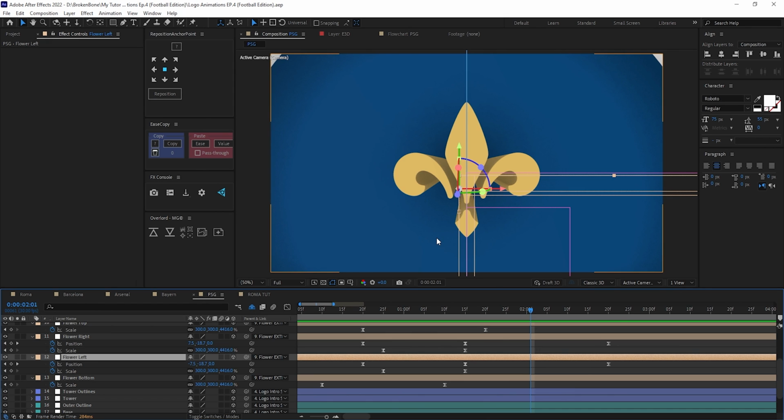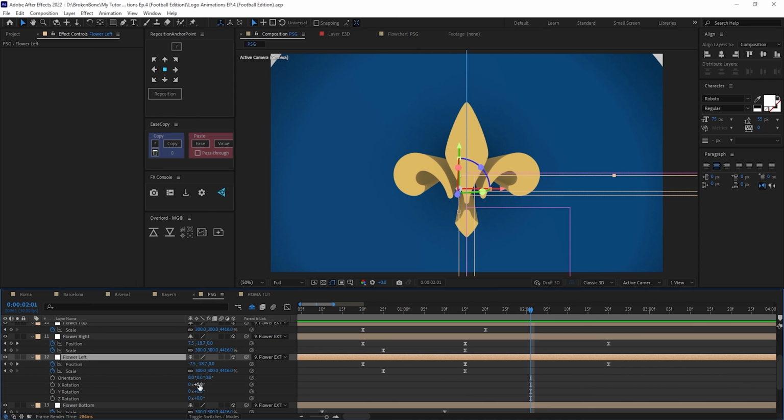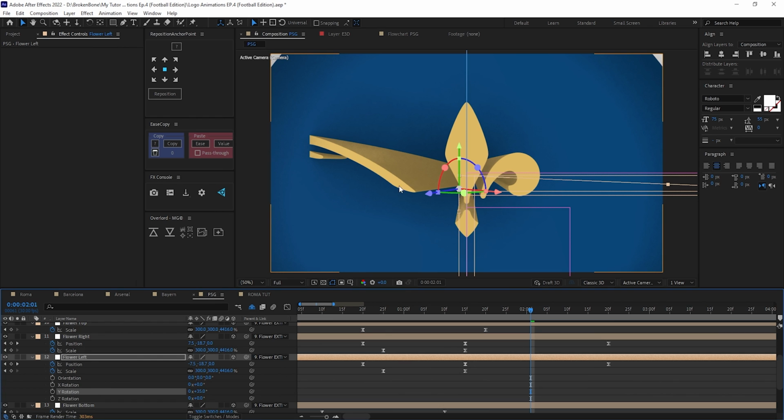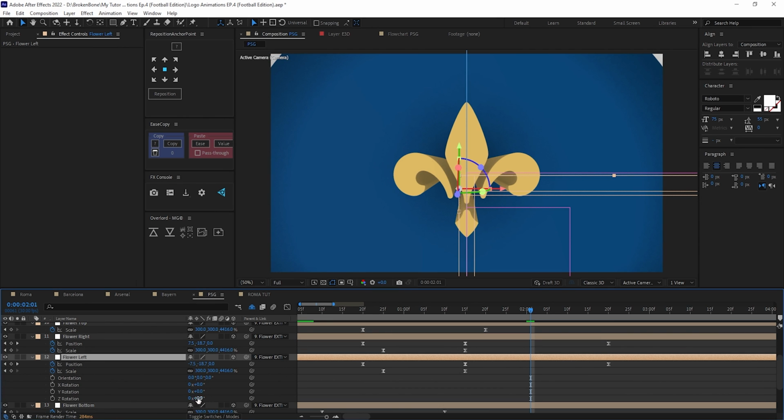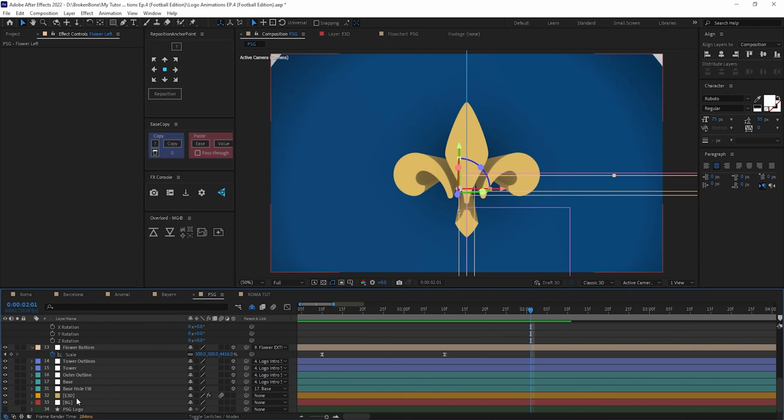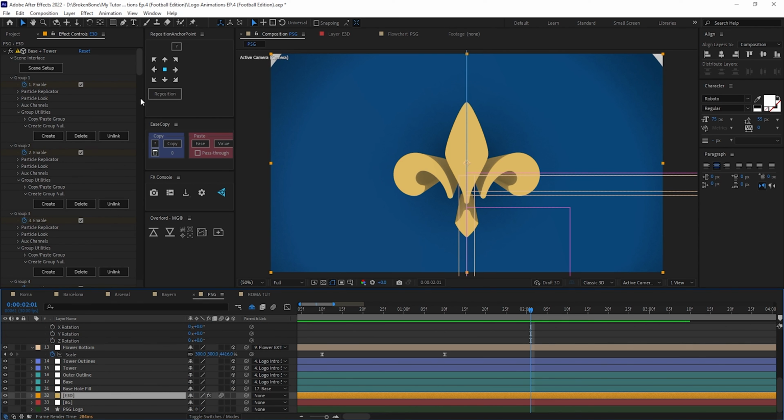For some reason, Element distorts objects when you rotate them while their scale is not proportional in all three axes. Because these flowers are all extruded, they are 300 by 300 on the X and Y, but the Z axis scale is 4000. If we hold down Shift, hit R to bring up the rotation, and let's say rotate it in the Y rotation, you can see how it distorts it. I don't know why that is, but I just know that the reason that happens is because the scale is not proportional. So to work around that, I just went into the Element3D effect, and let's scroll down,